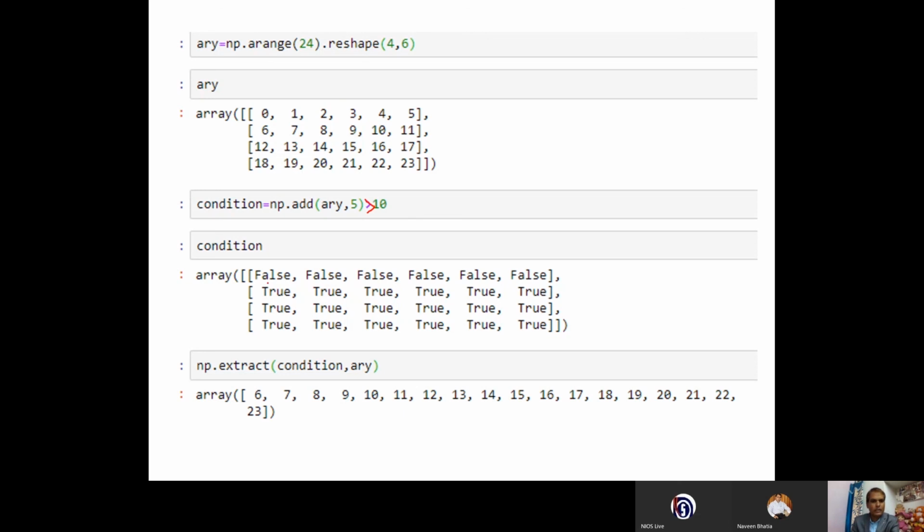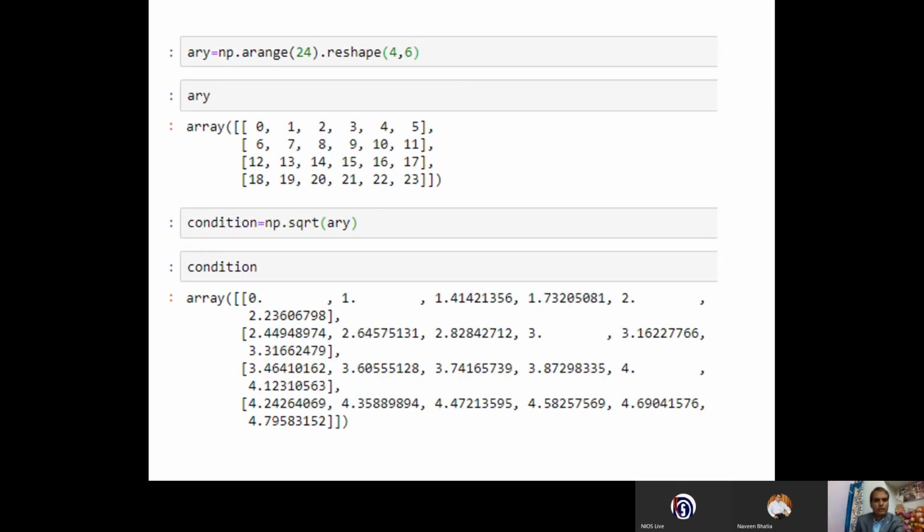You can see up to 7 values it is coming, but I have given an add. Is it clear? If I add 6 plus 5, it will become 11, so I'll get true. The remaining values will also be true. 6 is greater than 10 if you add 5, and the remaining values will be greater. There is no issue.